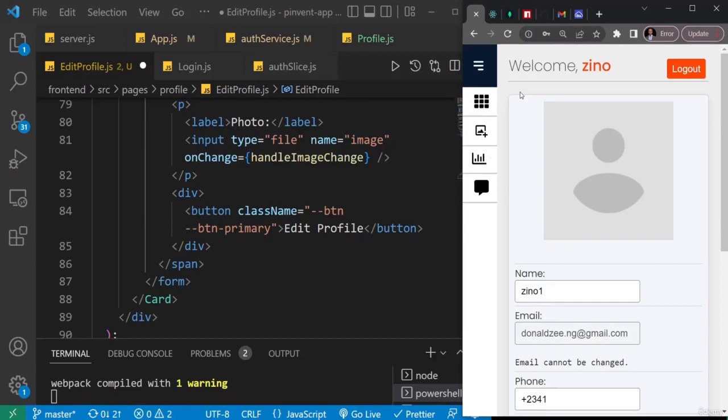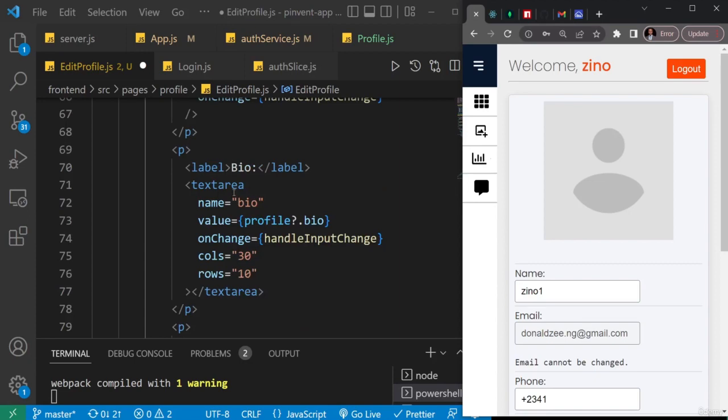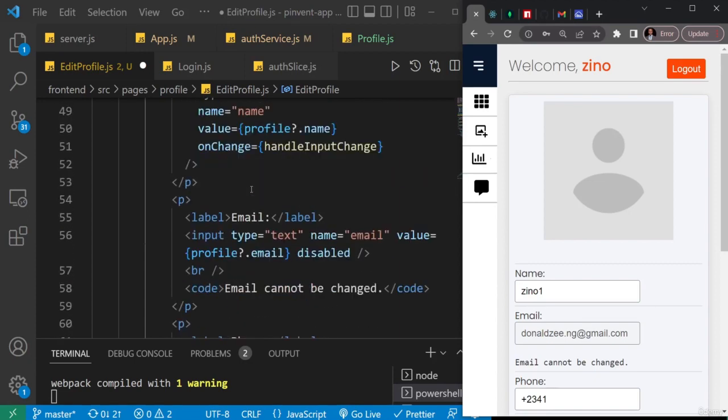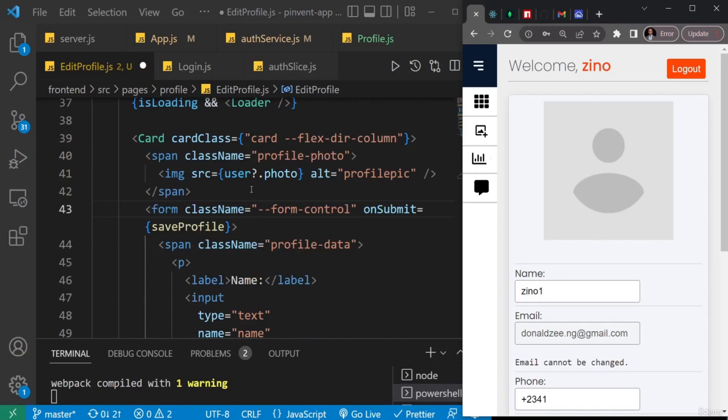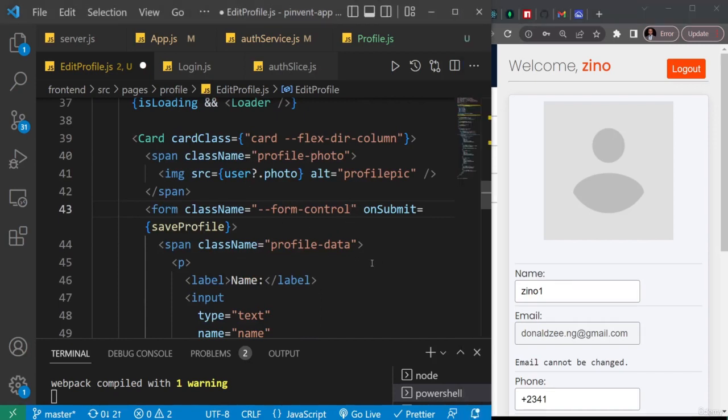All right, so now let's continue and create the function to update this profile. So there are some things to consider. First off, I want you to come to this form here and just add some margin. So just say dash dash m and save, and that will just add a little bit of margin around the